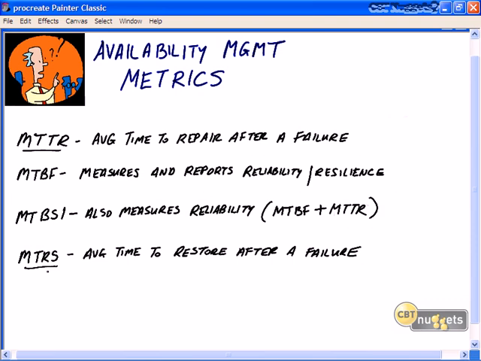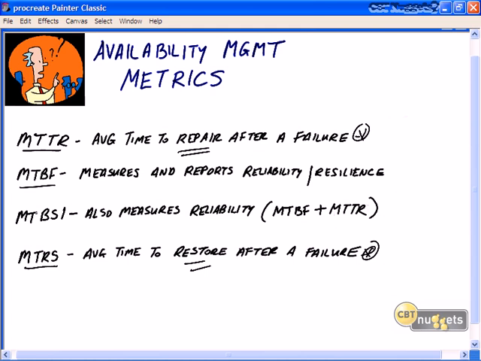So if you want to compare the MTTR and the MTRS, one way to do it is, this is simply repairing after a failure, and MTRS is restoring it back to its full and normal functionality. The MTBF is the mean time between failures. This is a metric for measuring and reporting reliability or resilience. It's the average time that an IT service or a configuration item can perform its agreed function without being interrupted. This is going to be measured from when the CI or the service starts to work until the next time